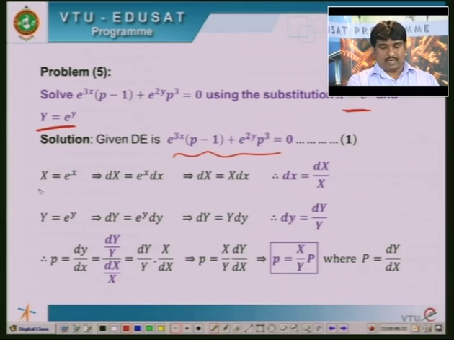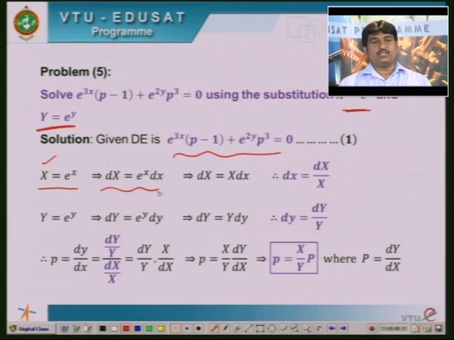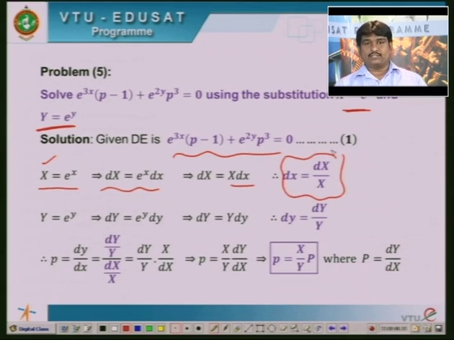Now substitution is capital X equals e to the power of small x, that is new variable x equals e to the power of old independent variable x. Now differential of this is dX equals e to the power of x into dx. Now I will convert dx in terms of, yes, I can keep this in terms of small x only, or else I can write this as capital X into dx, or ultimately I am converting everything in terms of capital X. So d small x equals d capital X divided by capital X.